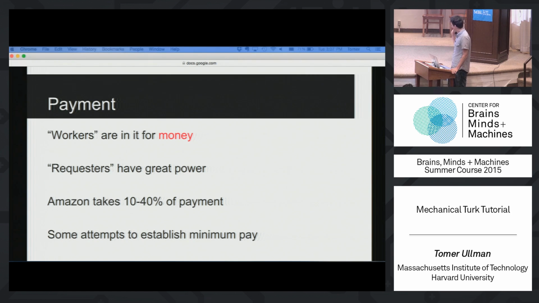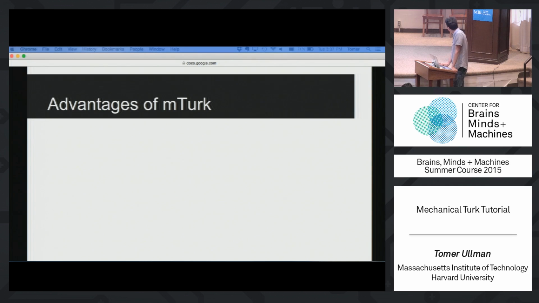But a lot of people who have looked into the ethics of this recommend that you try to estimate ahead of time, through a pilot, how long the task is going to take. Based on that, pay them such that it matches minimum wage, okay? Minimum wage is somewhat in flux. I forget if it's like $10 an hour or something like that. Maybe it's probably less than that, but something like that. I'm not going to tell you exactly how much you should pay them, but try to figure out more or less minimum wage, more or less how long your task takes, and pay them according to that.